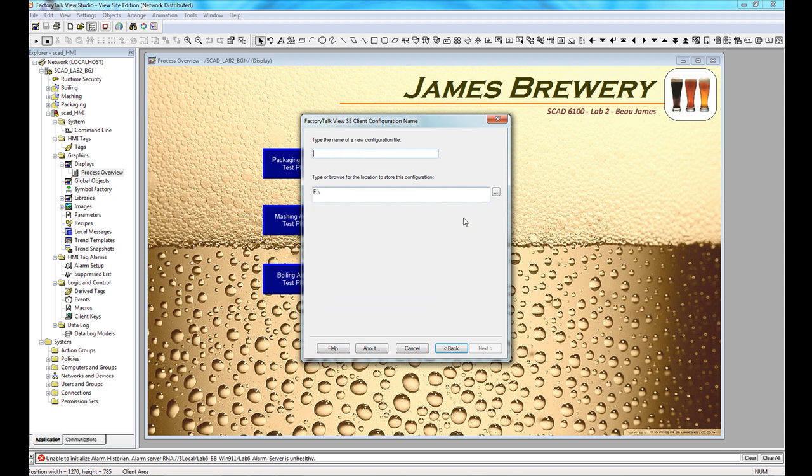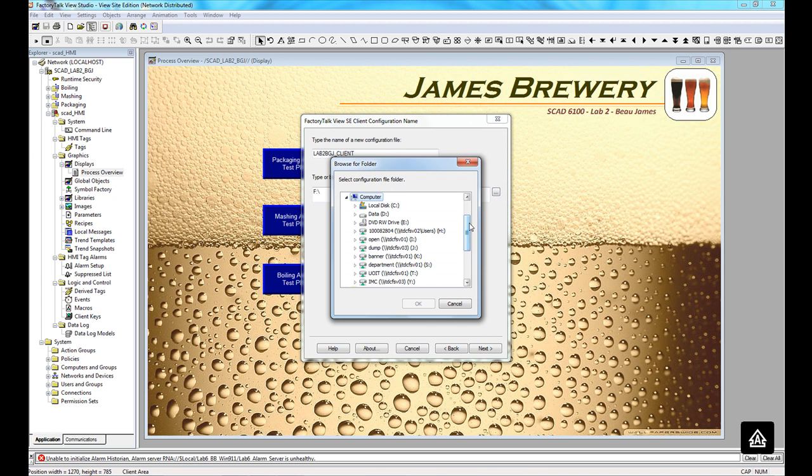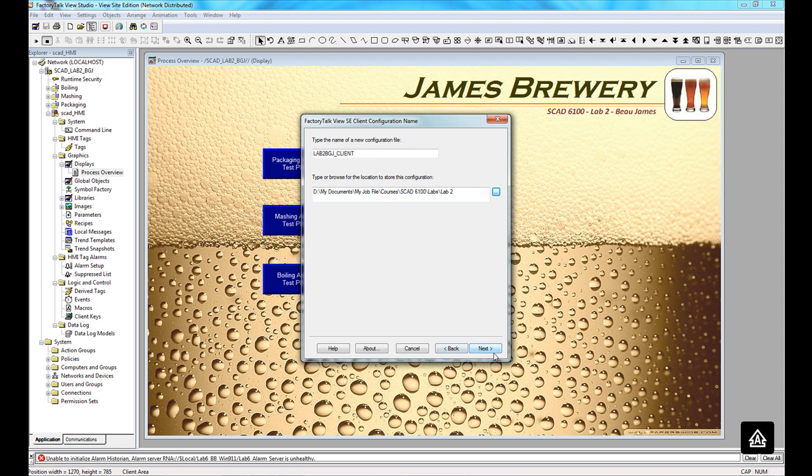So to begin with, we'll click on New, and we'll call this our lab title, with the extension client. As far as where we're going to store it, you'll want to store this into your Lab2 folder that's on the PC, and then from there you'll copy it over to your USB key to take back out to a work cell. Okay, so I'll navigate to the folder that I want to save this in,